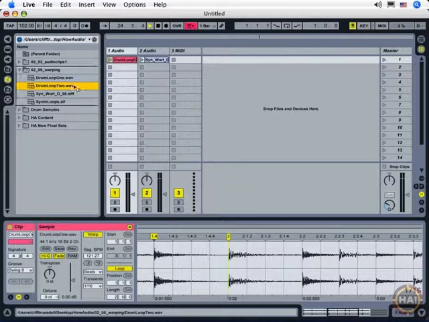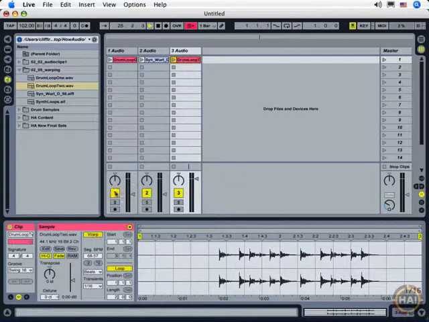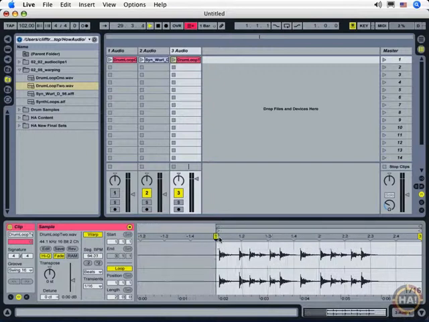Let's add another drum loop here and take a look at this one. Now here you can see the problem is that I've got a blank space at the beginning and at the end of the loop. So I'm going to select my warp markers, and I'm going to drag up to the beginning,